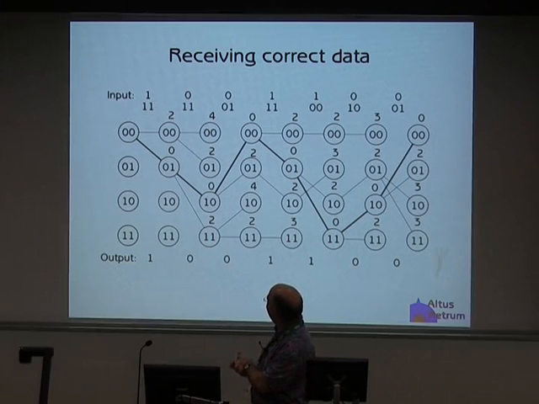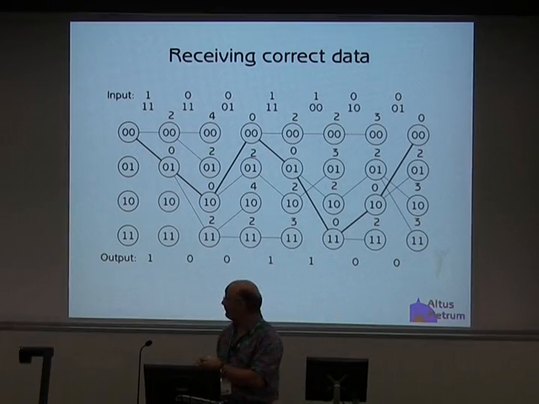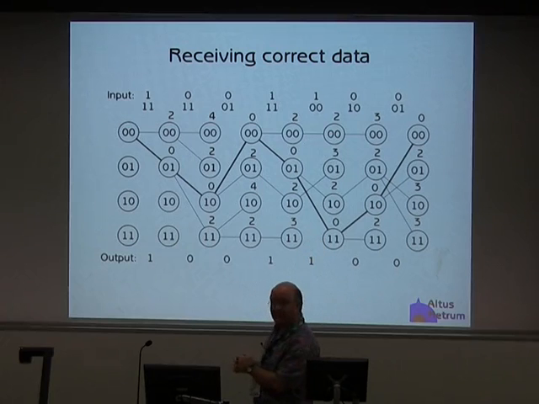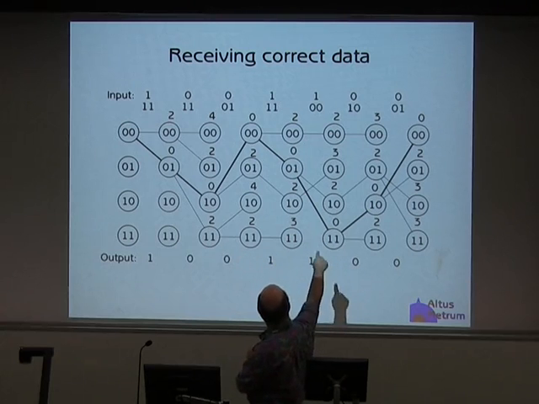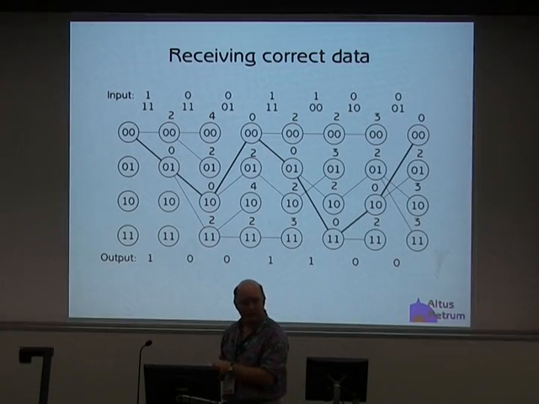which is never good, right? But as you can see, the cost for this bold path through the Trellis diagram, which shows you the state transitions that I'm making through the system, the costs are always 0. And so you get to the right-hand side, you notice that there's a 0, and then you just follow that line back to the input. There's a unique path back to the input, and that's the data that you transmitted. And so the receiver shows you what you got out of the output.